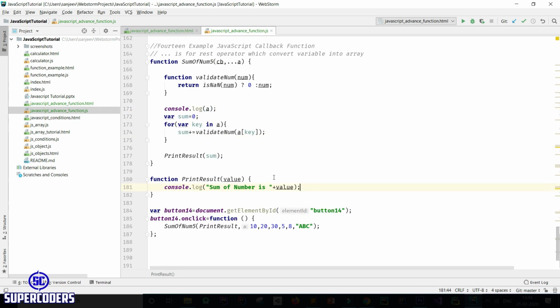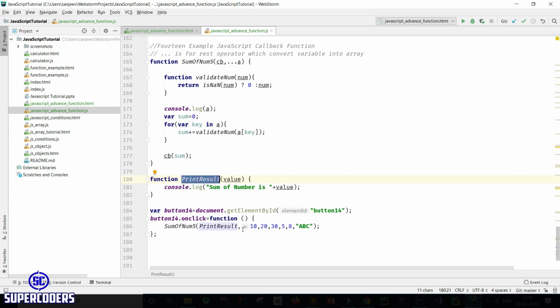Here you can see it's confusing what I do. First in function I add a callback function which is asking for function input. Simple example, instead of passing a variable I am passing a function name directly in function object. Here CB is function object and I am calling that CB. So it should be CB. I am directly calling this CB, which is calling this printResult.